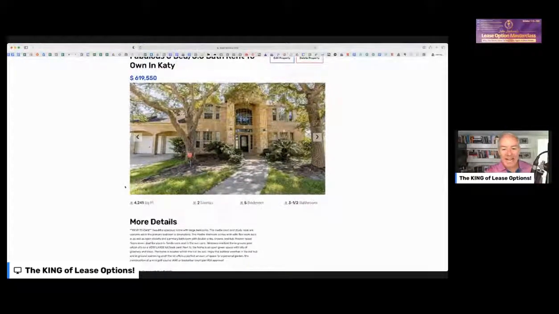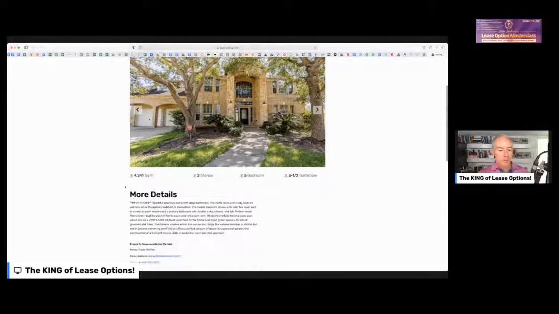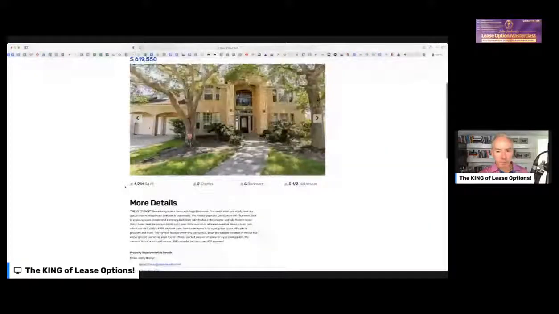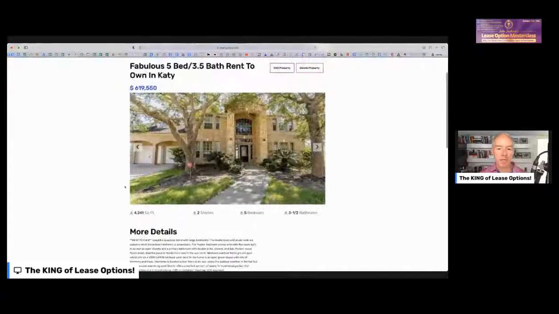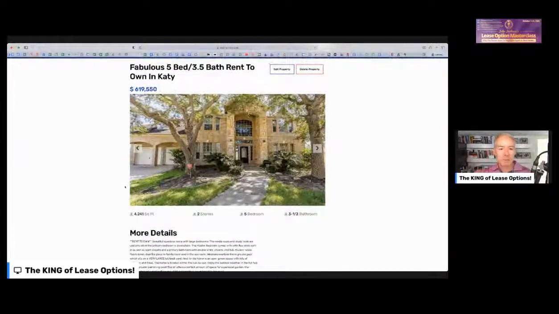I'm going to guess it'll take about 4 to 5 weeks to get a solid buyer for this, just because of the price. But beautiful house, beautiful location, almost $25,000 down, and then $3,400 a month. And here's a beautiful house that he just got yesterday, and you can see this